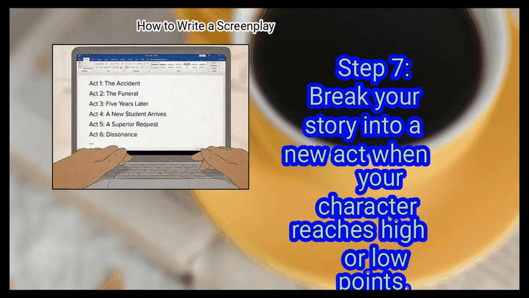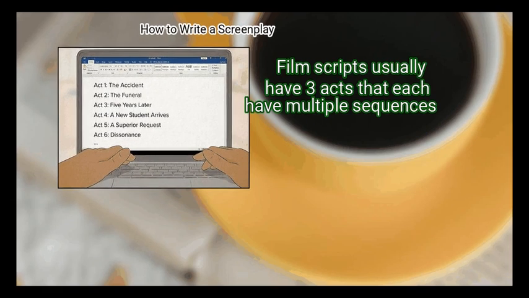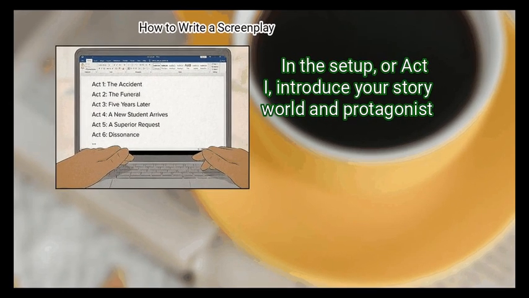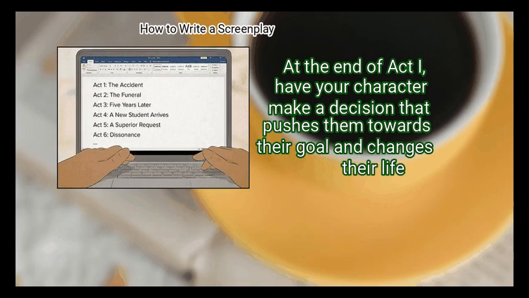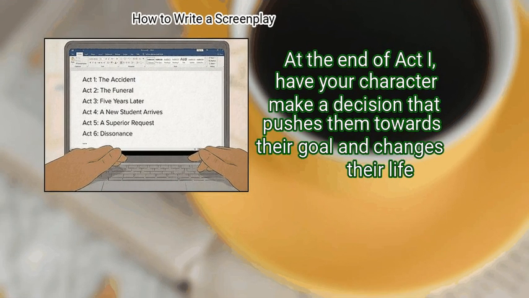Finally, break your story into a new act when your character reaches high or low points. Film scripts usually have 3 acts that each have multiple sequences. In the setup, or Act 1, introduce your story world and protagonist. At the end of Act 1, have your character make a decision that pushes them towards their goal and changes